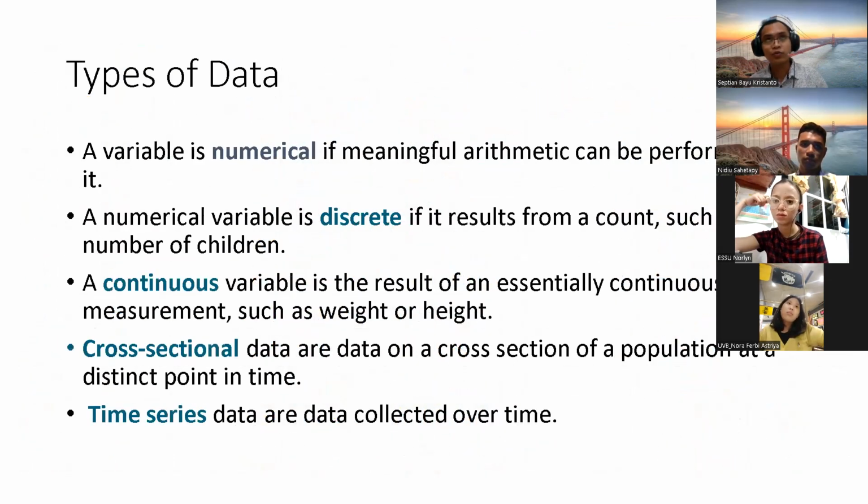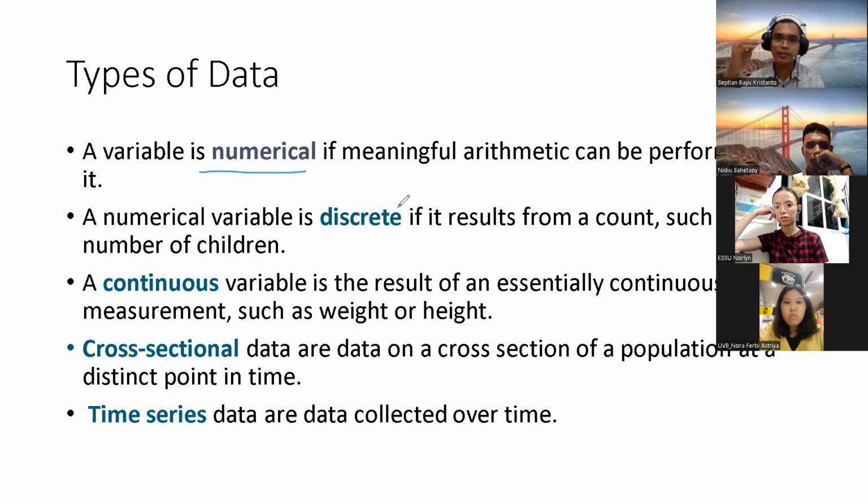Okay, next, we will talk about the types of data. After we learn the basics of the characteristics of data, we need to know about the types of data. The data is separated into two categories, numerical and categorical. The numerical has separations like the discrete and the continuous. The discrete is the result from counting, like the number of children, but the continuous has continuous measurements like decimals. We can learn about weight, maybe